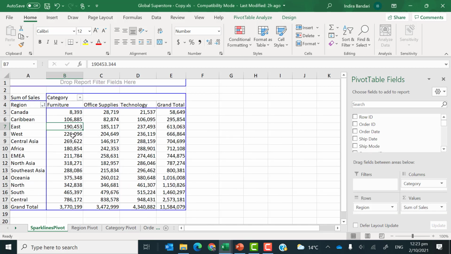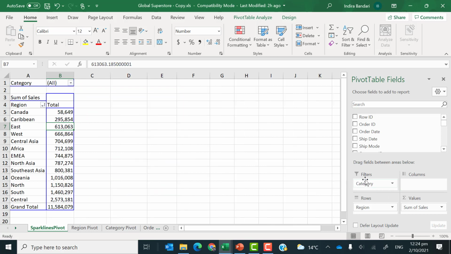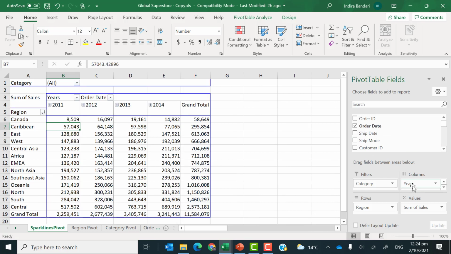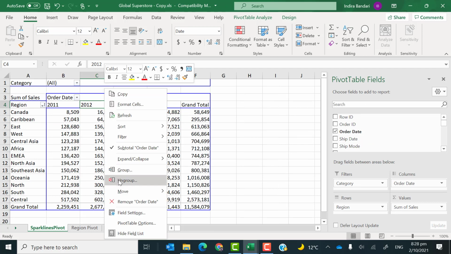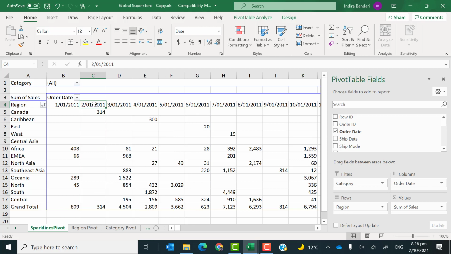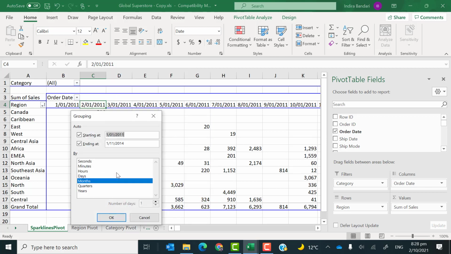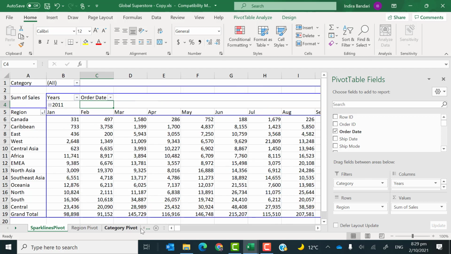We have the region in the same place, so we don't need to change the region. What I want to change around here is move the category to the filters, and also move the year and month to the columns. So it is actually summarized by only years. What I want to do is how we ungrouped and got the months and years. I'm going to ungroup again and get the date, and then regroup to get both months and years. So I'll just select years and then say OK,